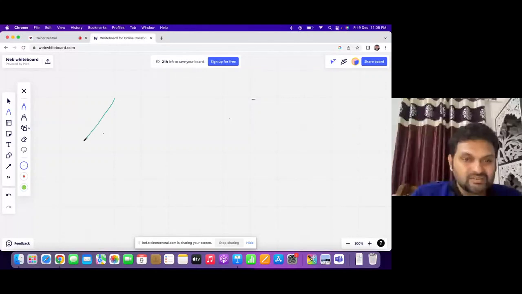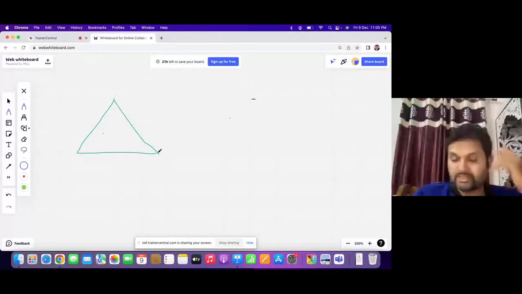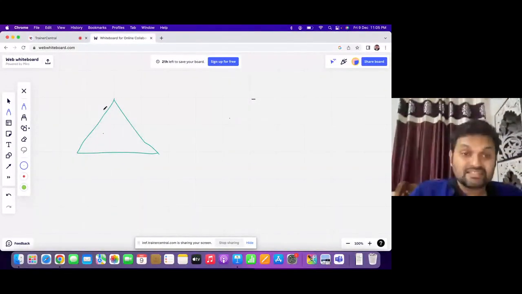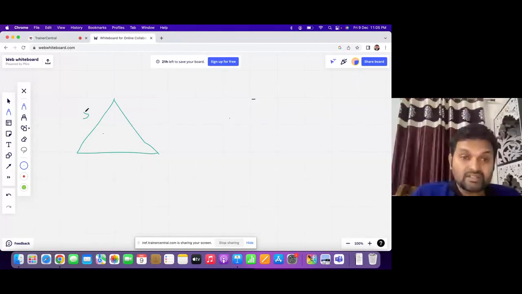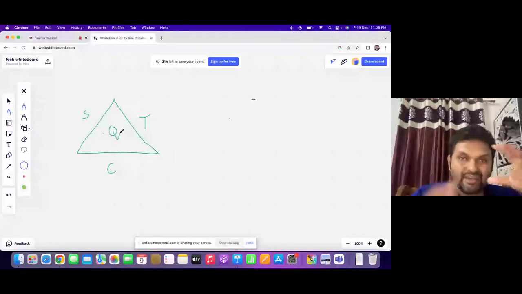Everyone knows the project management triangle, right? The project management triangle, also known as the triple constraint of project management. What is that? That is scope management, cost management, and time management. Scope management, cost management, and time management we are having. And the thing that will take place at the center is the quality. I hope everyone knows the triple constraint of project management.